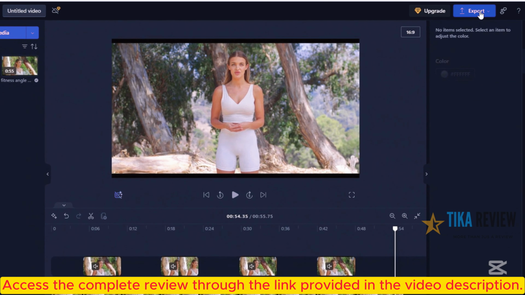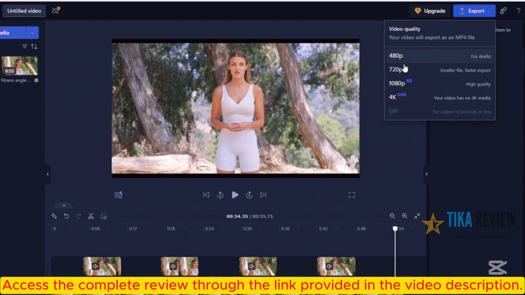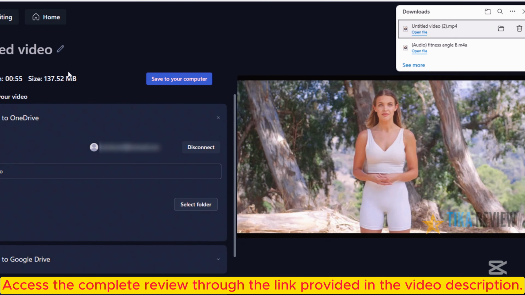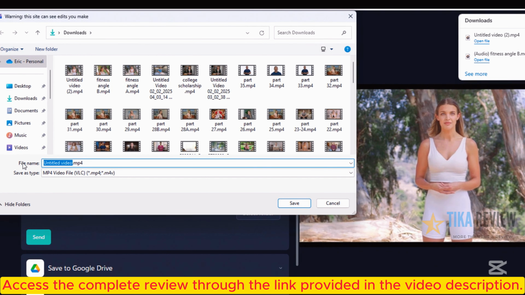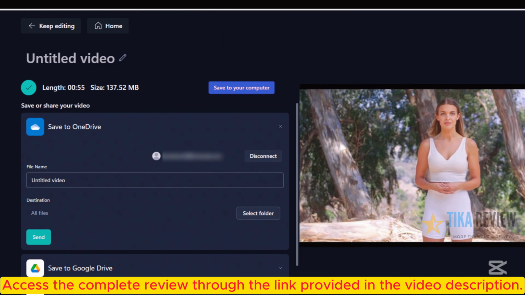Let's go ahead and click Export. I'm going to go with 1080p, and I'm going to save it to my computer. I'll call it Fitness 2 Angle. Now if I open up that file...